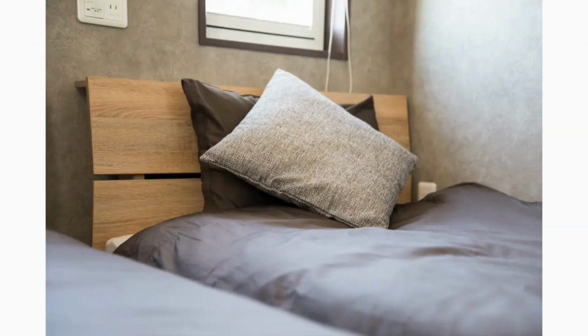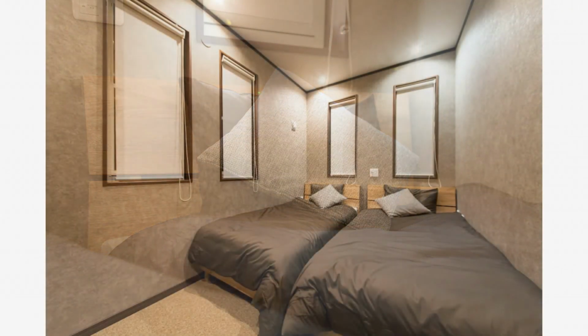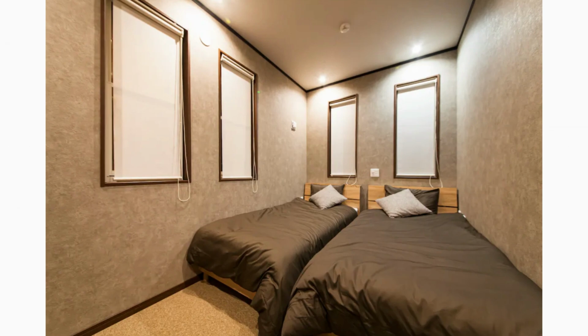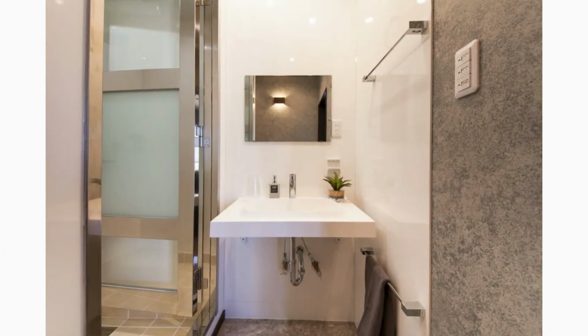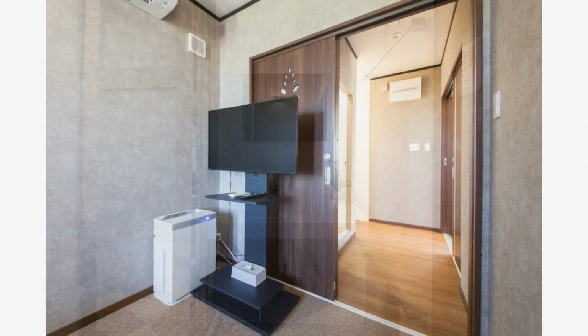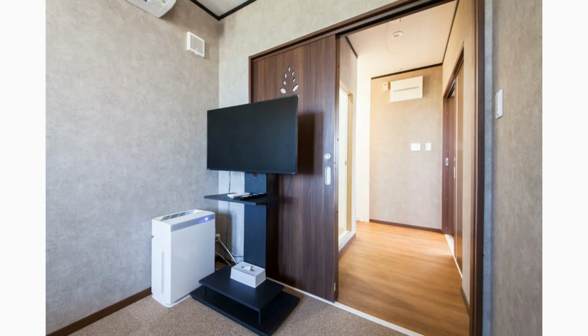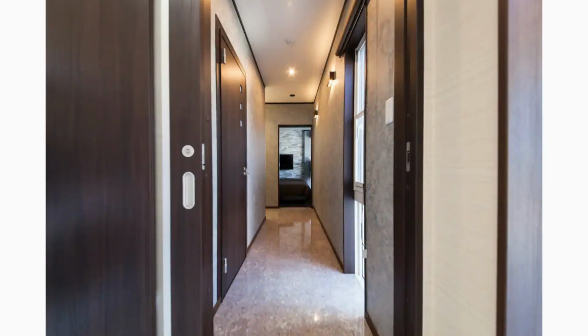The second bedroom also features two cozy single beds, a TV, and a glass window for ventilation. The second bathroom features a wash basin, a private toilet, and a shower cubicle. The color palette for the house interior is bright, making the spaces look bigger and sizable, killing any illusion of